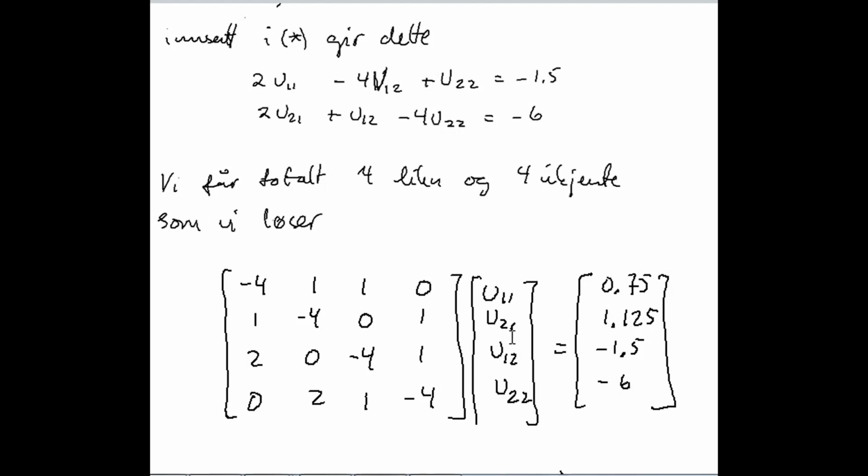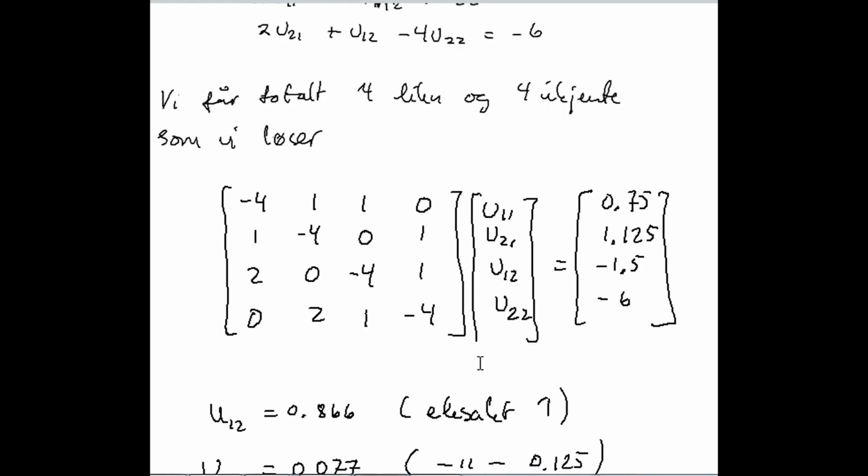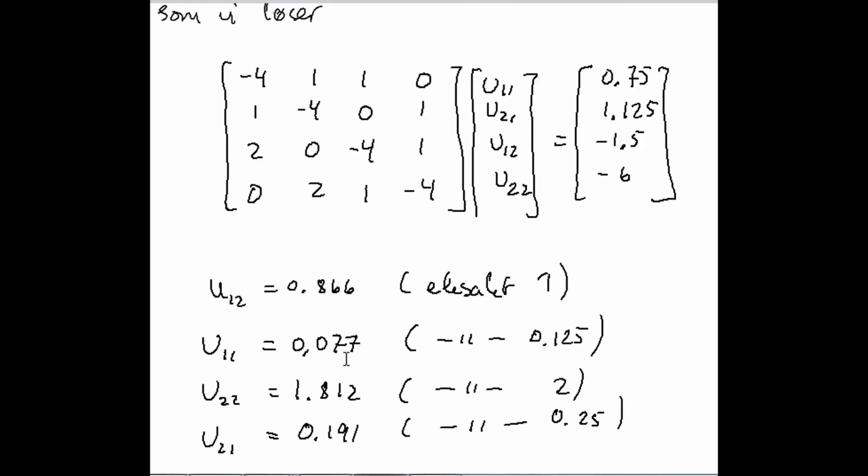So we have 4 equations with 4 unknowns, and it's possible to solve this. We can, for example, invert this matrix, and when we are doing this we find that u_12 is equal to this,